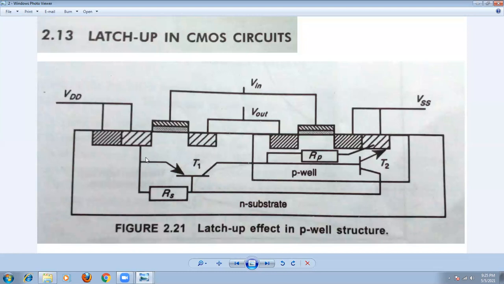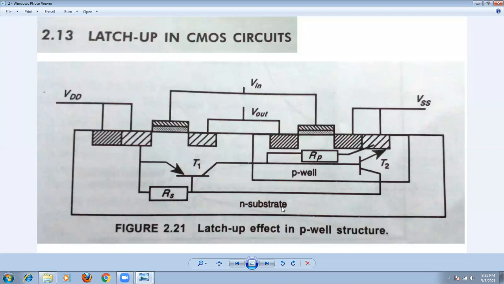What happens in this case? When the two transistors turn on, there exists a low resistance path between the VDD line and the VSS line. Remember that point. From this point, the current flows like this and goes to the VSS line. There exists a low resistance path because of this parasitic component. So the current will flow from the VDD line to the VSS line. This current is